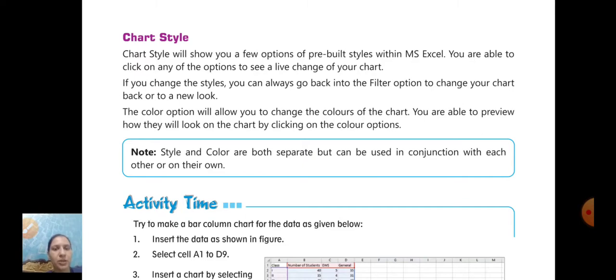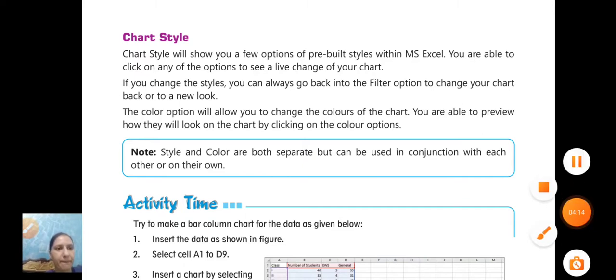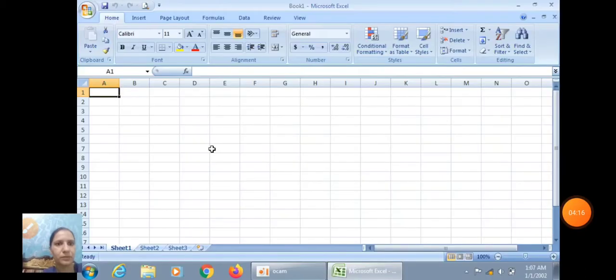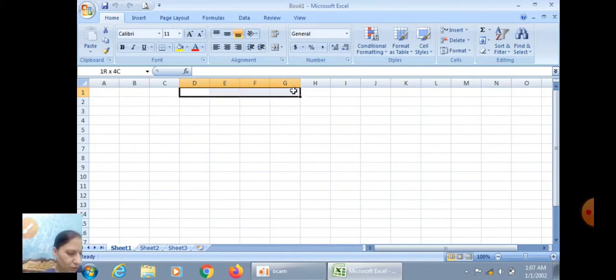Now let's do this practically. Now open an Excel sheet. And on the Excel sheet, first of all we make a table. Suppose we have taken a table.